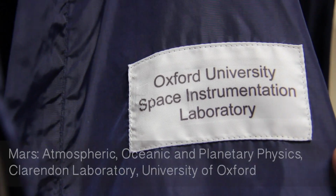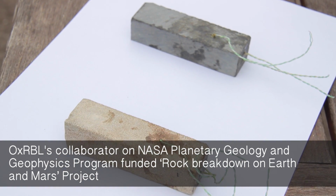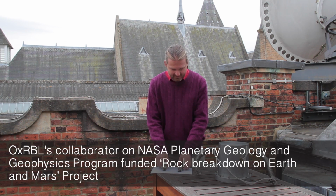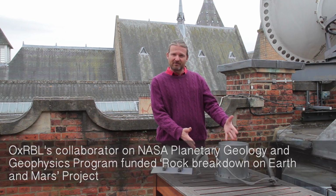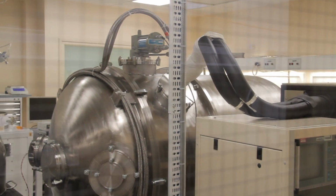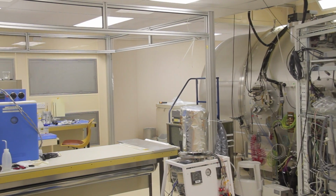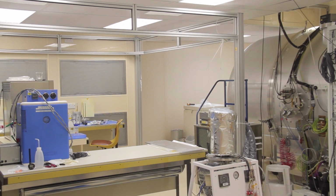Now let's look upwards even further. Mars has a very desert-like environment. We took some samples of rocks, which would be a bit like what you'd find on Mars, and then we create a little bit of Mars environment in here with carbon dioxide at low pressure, and we put it in some test facilities where we can control the temperature of this and go through Martian day to night temperature cycles,